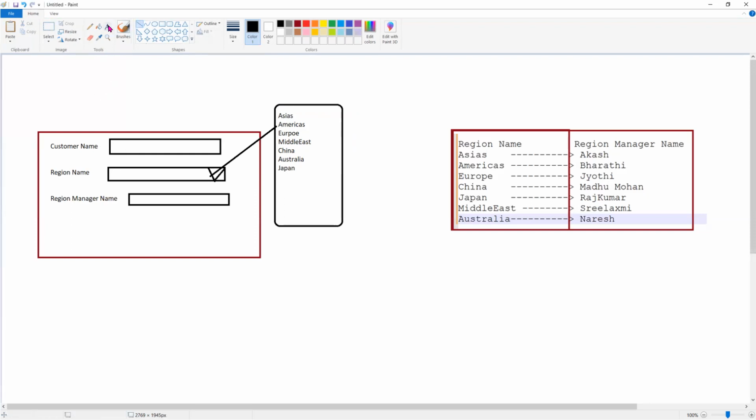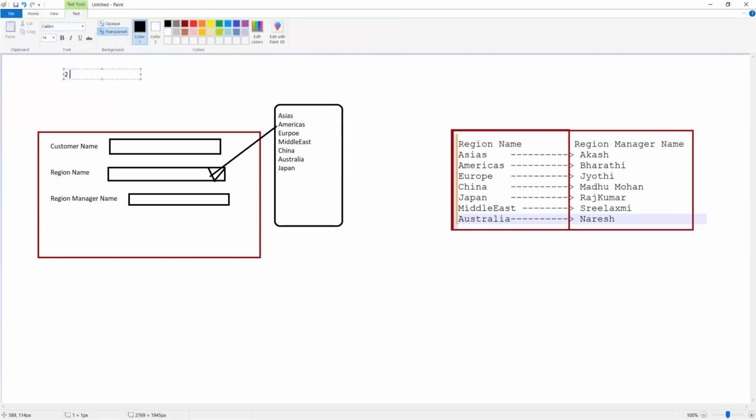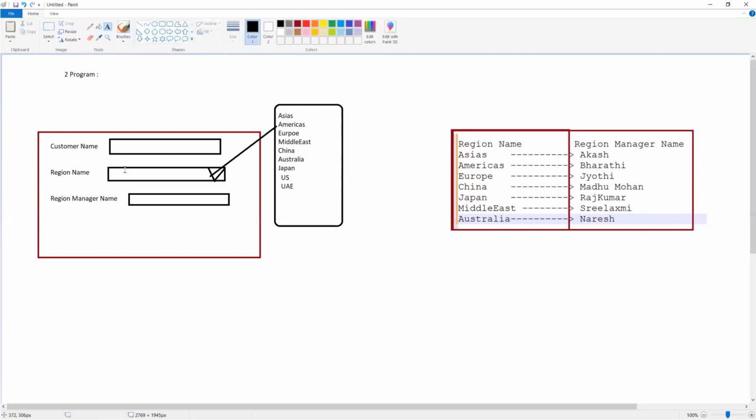Now, we know that there are 2 problems. One is the hard-coded value, and the other is that whenever a value is added here, tomorrow they are going to add a region, US or UAE. So they are going to add these details, and in that case, I need to update my program. Now, for these 2 issues,